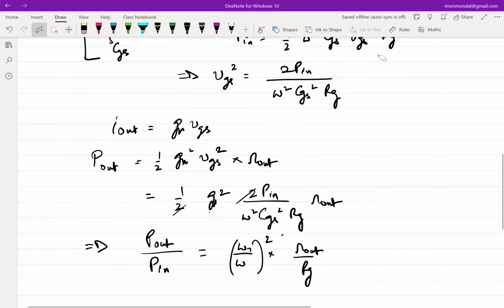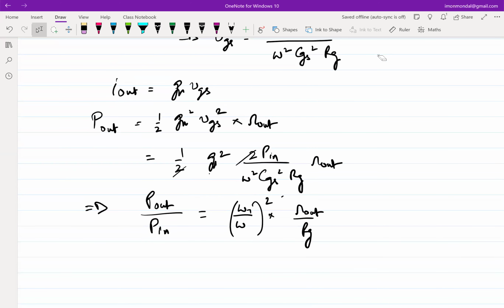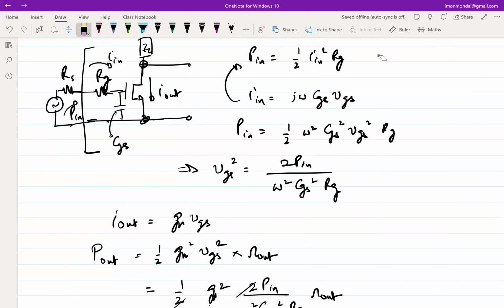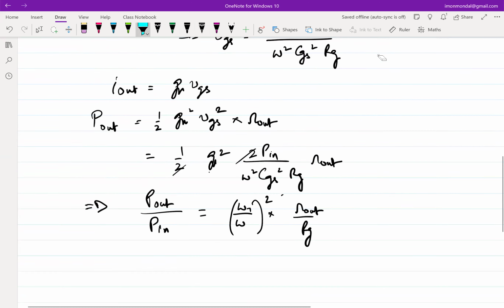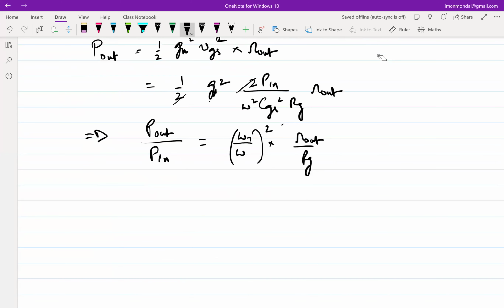Now, in the literature, if you look at this result, you are going to see an additional factor of 1 over 4. That comes because in many cases, this calculation is done under matched condition at the input. Here I am taking the amount of power you are extracting into the input, not with respect to the final input source. So there will be a difference with respect to what you see in the literature, but that factor is not of importance. The importance here is you are going to get a power gain,